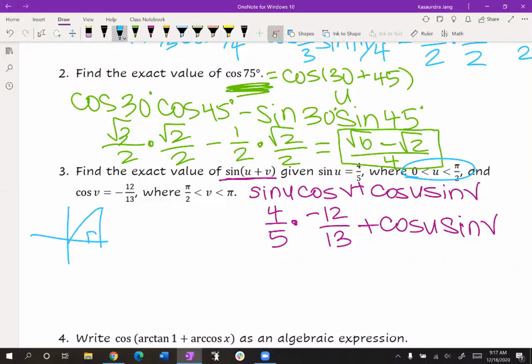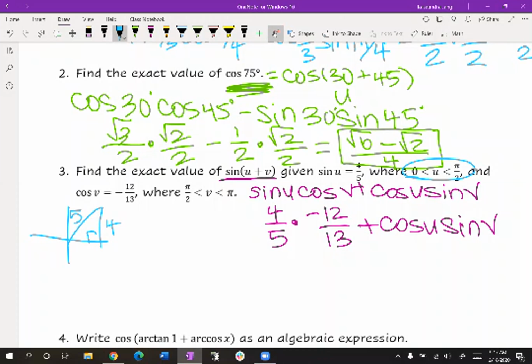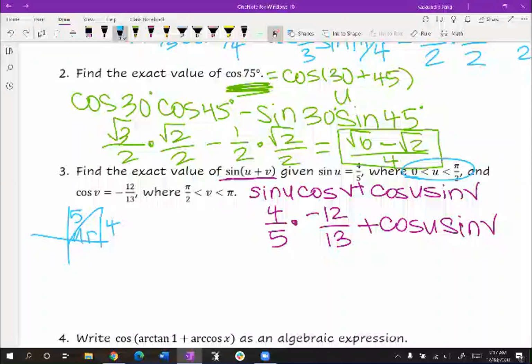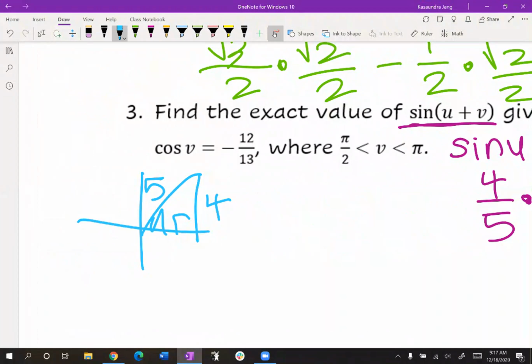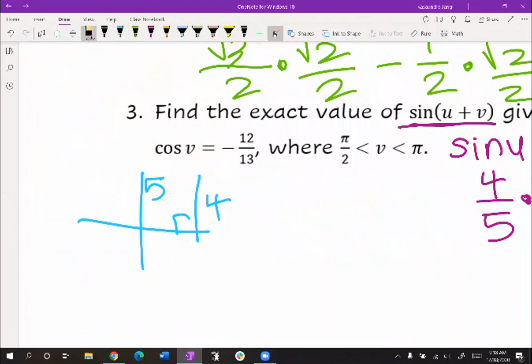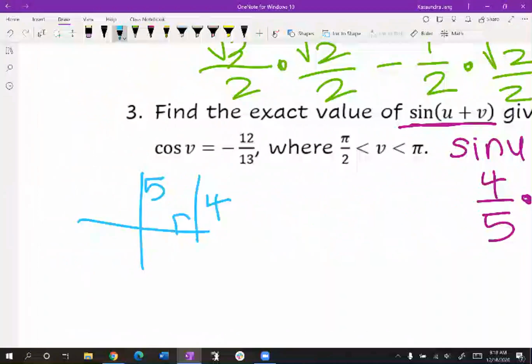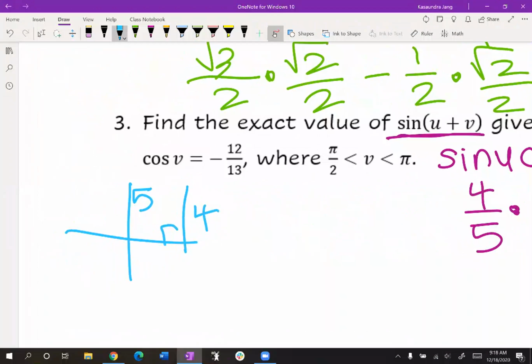So sine is the opposite over hypotenuse, and they give me a 4/5, so the opposite is a 4, and the hypotenuse is a 5. So that means if I can find this missing side, I can get any of the 6 trig functions that they want. And this again was for the angle u, and I'll put a little u here, if I can. Okay, so here's my angle u,